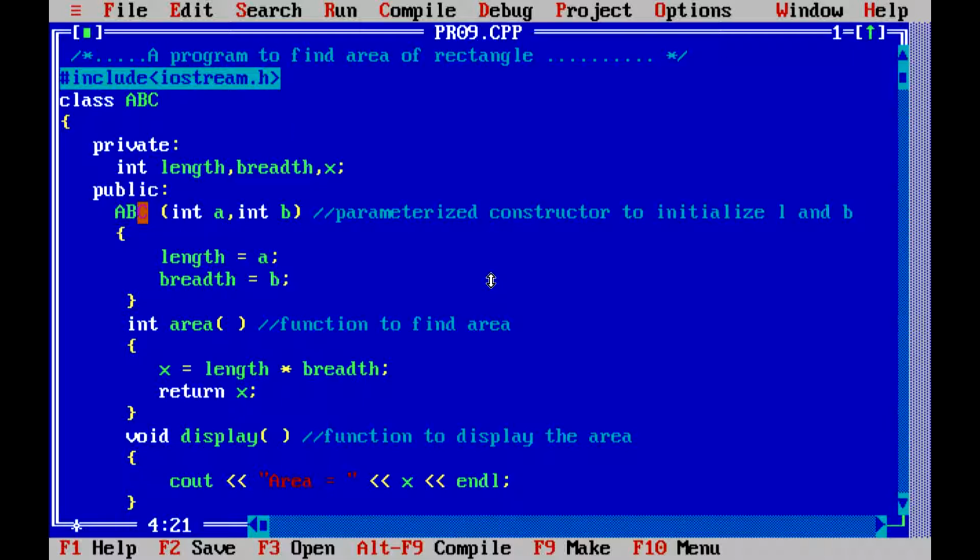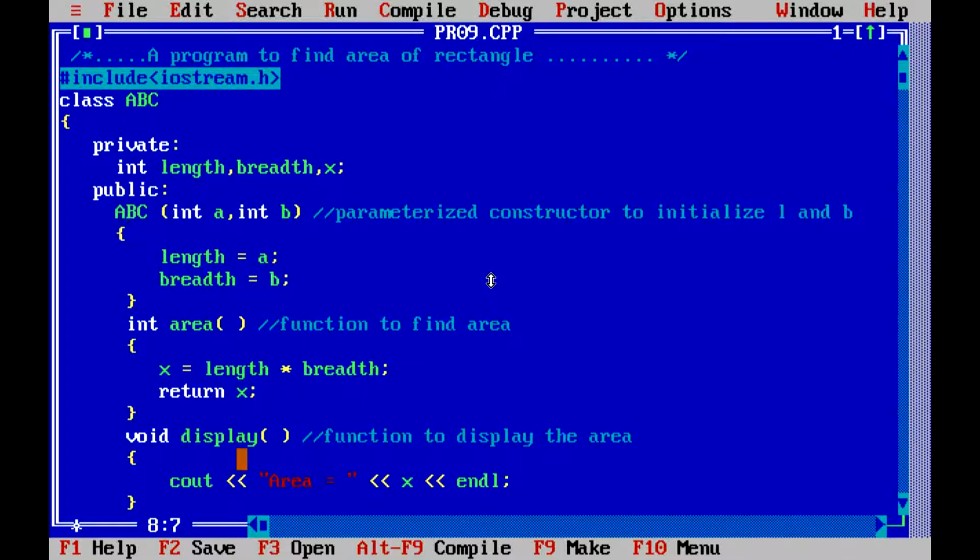So for that we write public. Then this is the definition of the parameterized constructor to initialize. Void display is also a member function, and ABC is also a member function, but ABC is a special member function called a constructor. Why? Because it has the same name as the class name.